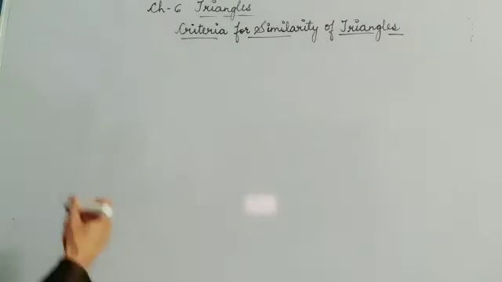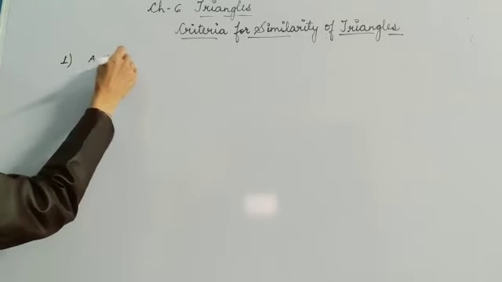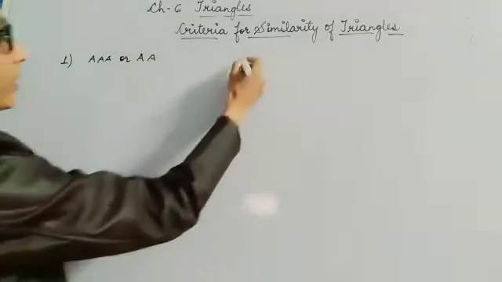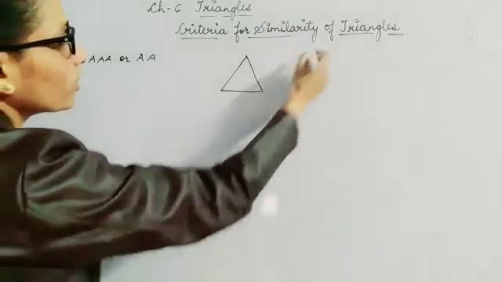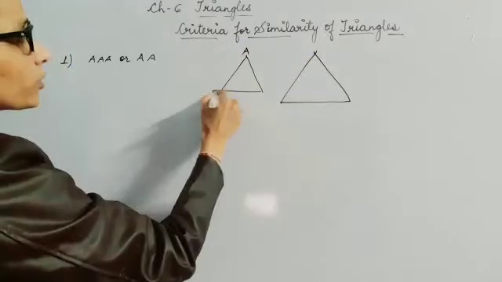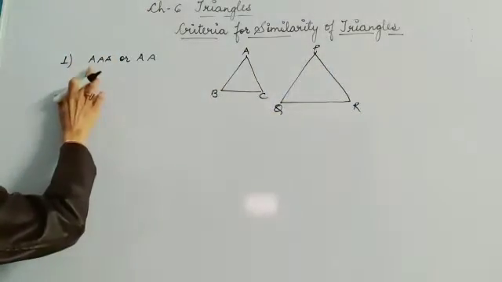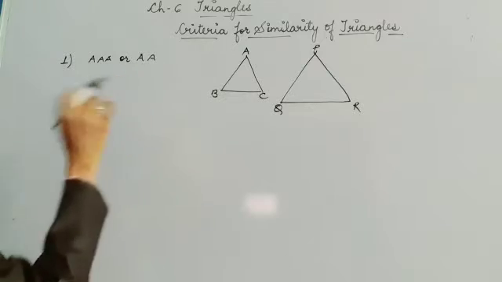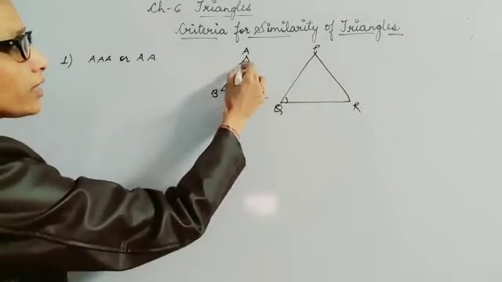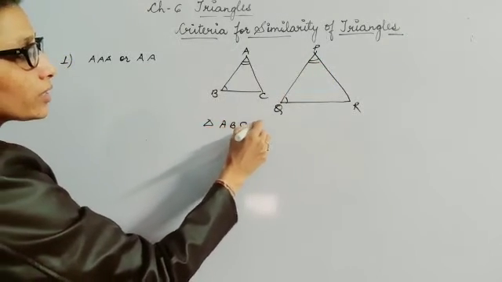So first of all, we will be learning the AA criteria, or I can say the AAA criteria, because if two angles of two triangles are equal, then the third will be automatically equal. So let's suppose this is my triangle ABC and this is my triangle PQR. So here I have written AAA or AA. That means if any two of the angles are equal, then I can say triangle ABC is similar to